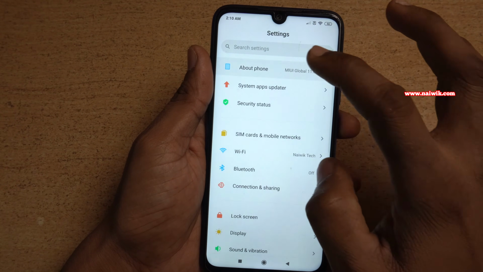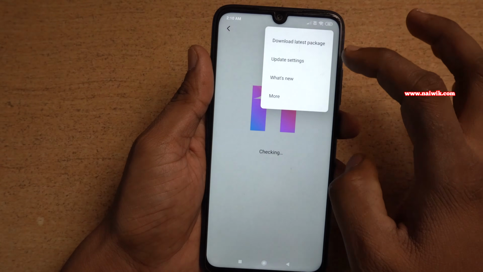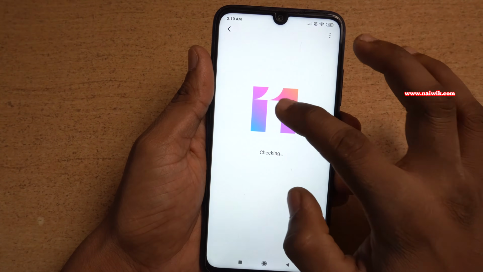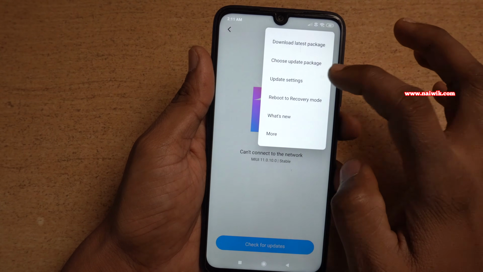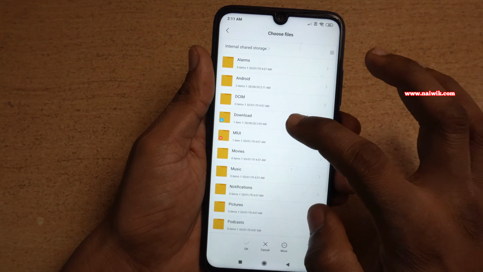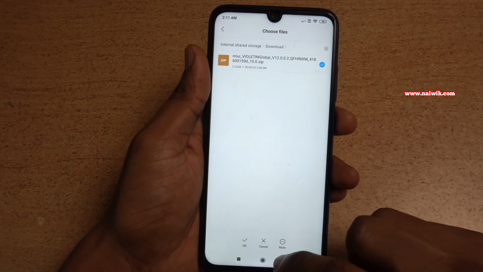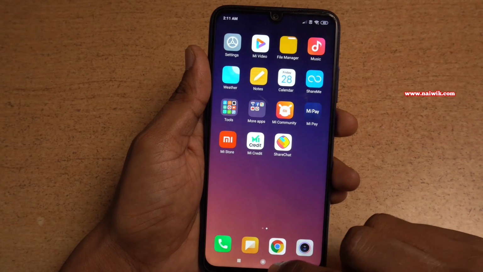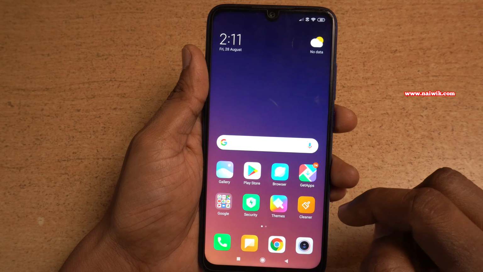Go to settings, click on about phone, click on system update and click on the three dots. If you are not getting the choose update package option, you need to tap on the MIUI 11 logo, and after that click on the three dots and choose update package, and select the MIUI 12 ROM only if you are a beta tester. If you are not a beta tester, you need to install the MIUI 12 ROM using TWRP or custom